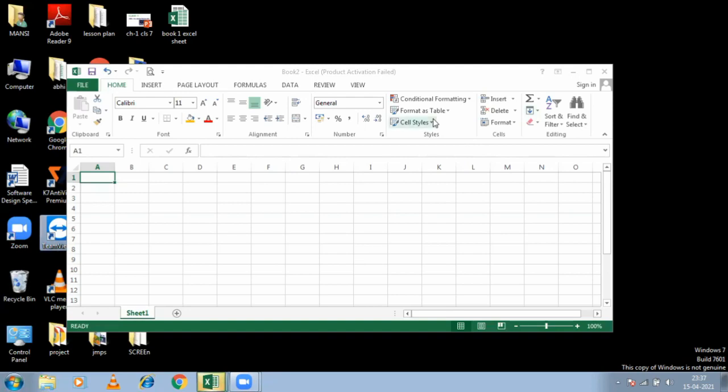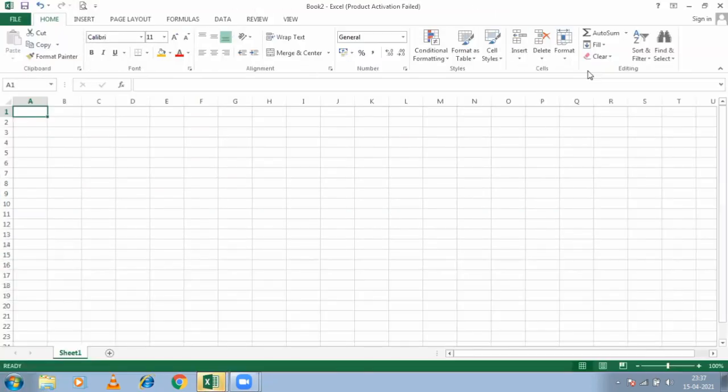Okay, this is your spreadsheet or what we call a blank workbook. This is a workbook. Whatever the cell, this is an active cell. And what will be the address of this cell? E4. First the column name and then the row number. This way, the address of this cell is E4, right?